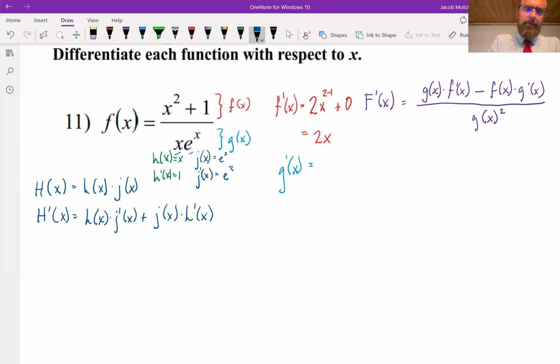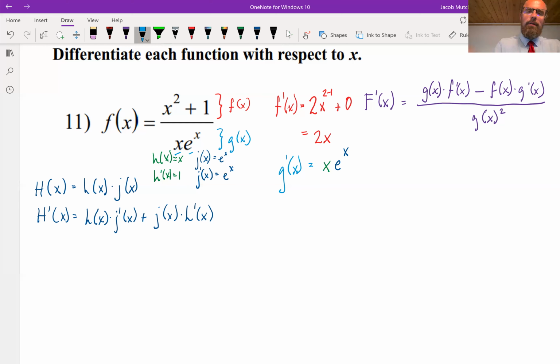So remember, the derivative of e to the x is e to the power of x. So all I've got to do is fill in here to get my derivative of g of x. So I'm going to fill in my rule here. It's going to be x, that's the original h of x, times the derivative of j of x, which is e to the power of x,